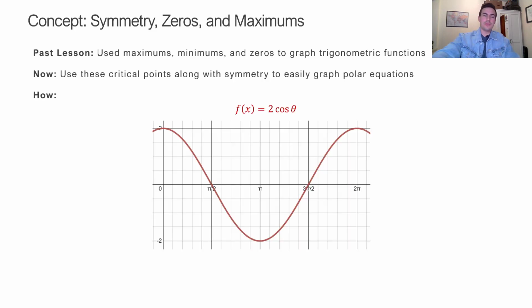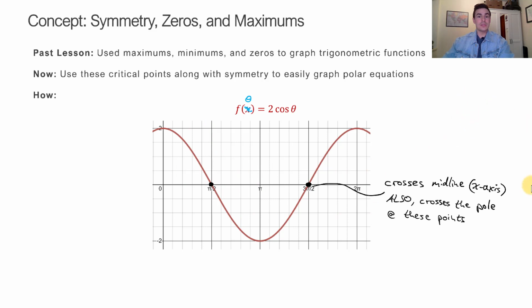If I have, it should be f of theta here. f of theta is equal to 2 cosine theta. So that's not an x, that is a theta. Okay, so f of theta is equal to 2 cosine theta. What we have here is when my trig function crosses the x-axis, because this is Cartesian coordinates right here, when that crosses the x-axis or our midline, that is when we're going to see that the polar equation crosses the pole at those same points, okay? So at theta equals 3 pi over 2 and pi over 2, 2 cosine theta is going to cross the